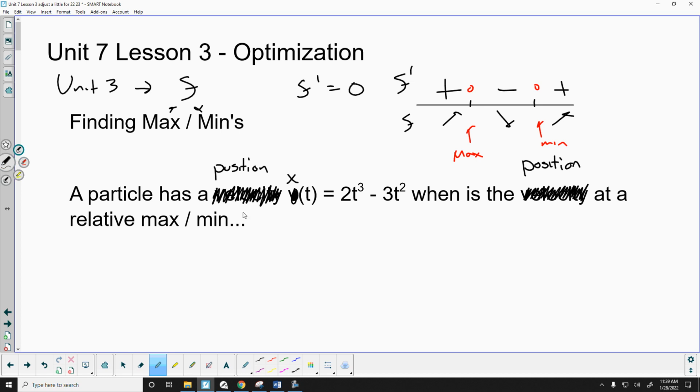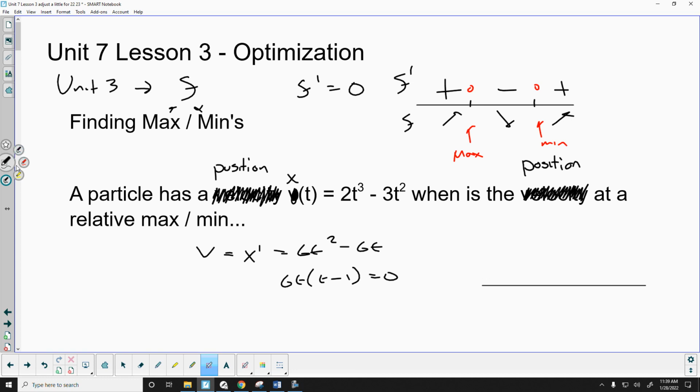Okay, well, you take the derivative and set it equal to 0, just like Mr. Messer told me to do in Unit 3. What's the derivative of position now? Velocity. Okay, now I'll factor to solve because I don't have a calculator. And you'd say, okay,